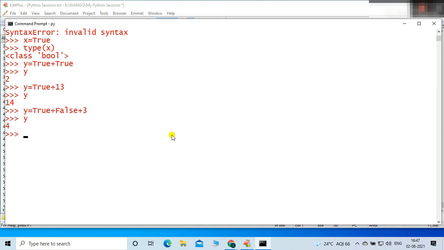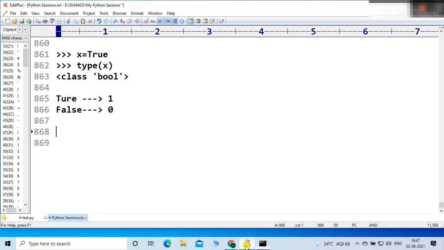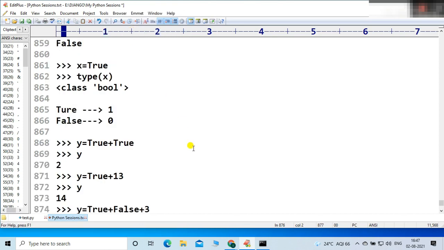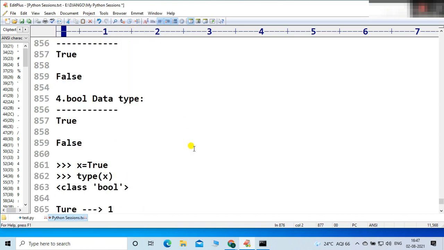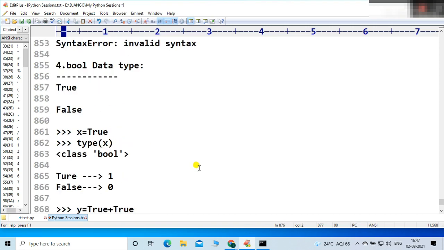Let me show you the result. From this example, it is very clear that Python internally considers True as 1 and False as 0, friends. Keep that in mind, right? Very clear.